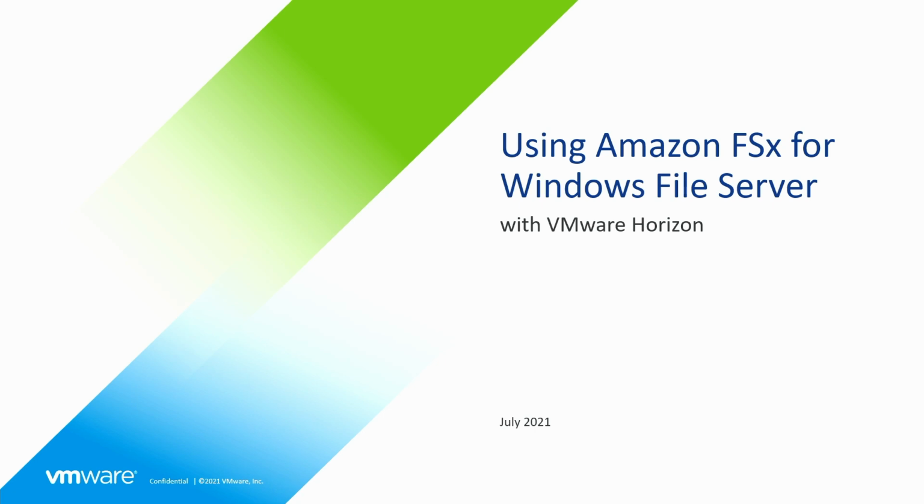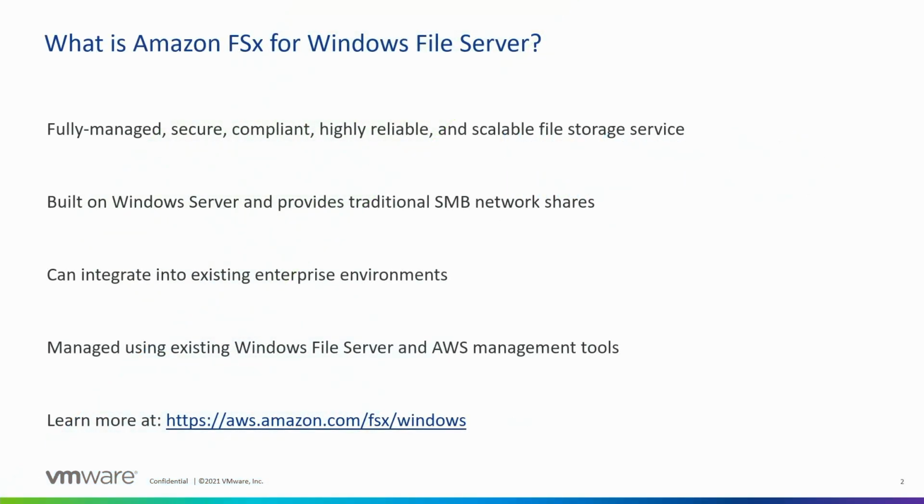strategy team. Today we're going to talk about using Amazon's FSx for Windows File Server service with VMware Horizon. Now, before we begin, let's talk briefly about what Amazon's FSx for Windows File Server service is. It is a fully managed, highly reliable, and scalable file storage as a service offering hosted in AWS. It provides a secure and compliant file server option that is, again, a fully managed service built on Windows Server. It provides traditional SMB network shares for solutions like virtual desktops, as well as any other enterprise application that needs